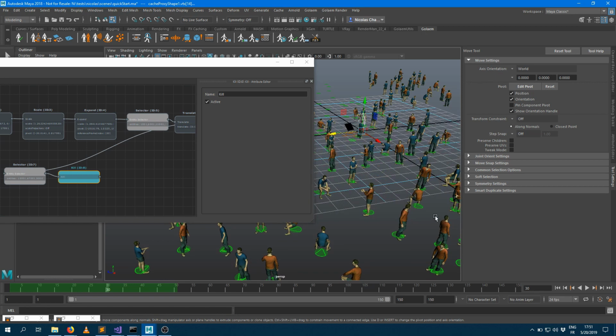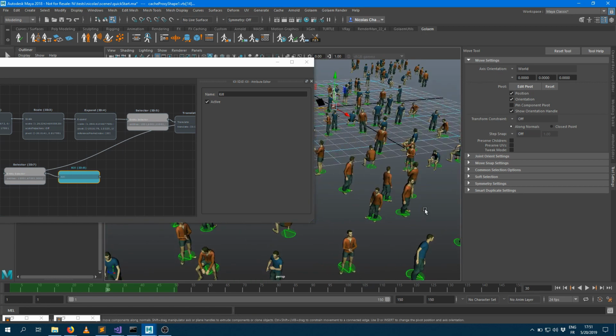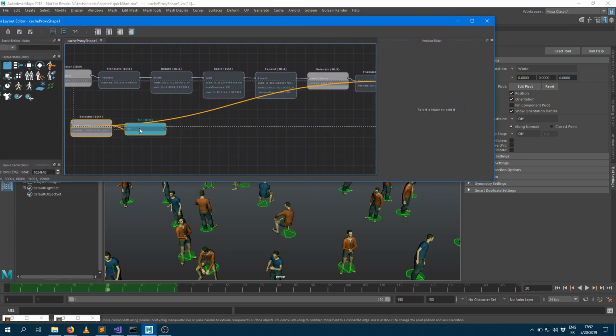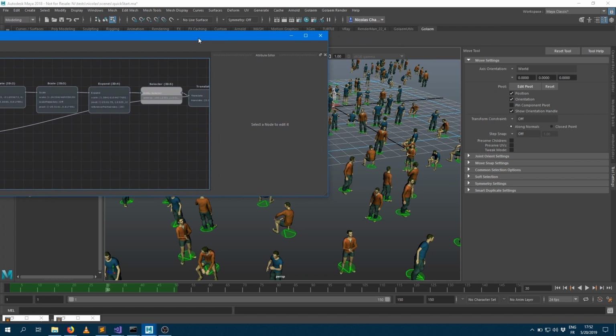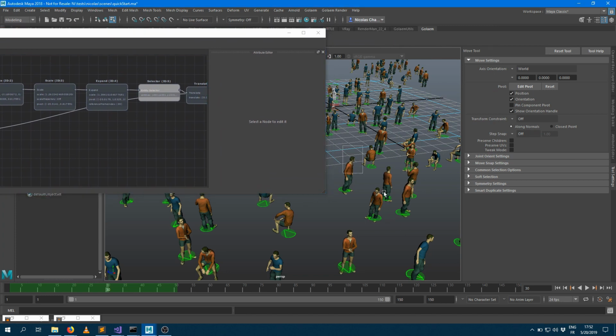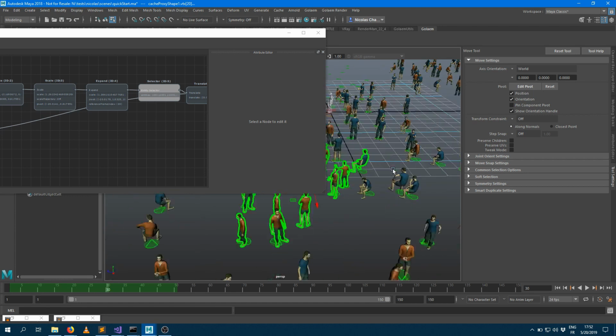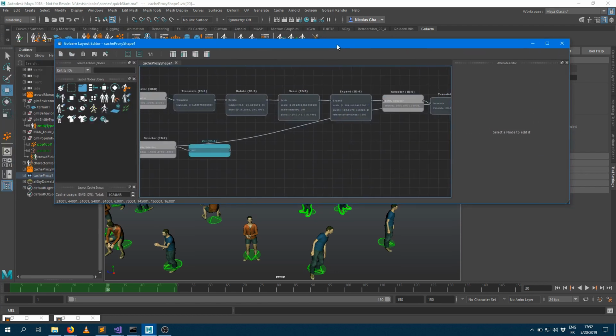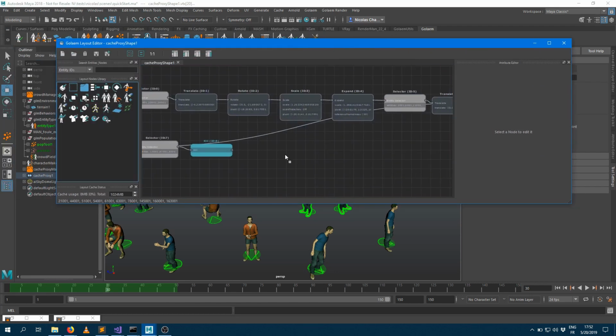You can even change your geometry assignment. So let's end up with this. I'm going to reorganize my graph here properly, and I want to remove the sweatshirt from those guys, and I want to apply a t-shirt instead. So I want to select those guys. Even if my selection is not perfect, you can see that guy here in the background doesn't have a sweatshirt, but that doesn't make any difference. I'm going to create a new selection here.